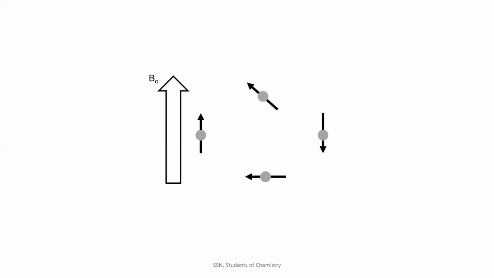Okay, so at what frequency do these spins precess? That frequency at which these spins precess, we call the Larmor frequency, or omega naught. This omega naught is directly proportional to the magnetic field. We can see it from these images. We are applying a magnetic field, so these spins precess along a constant cone angle with respect to this magnetic field. So this Larmor frequency is directly proportional to the applied magnetic field.